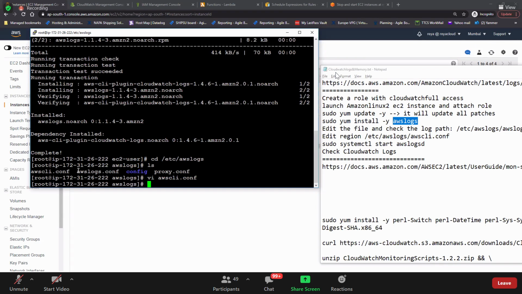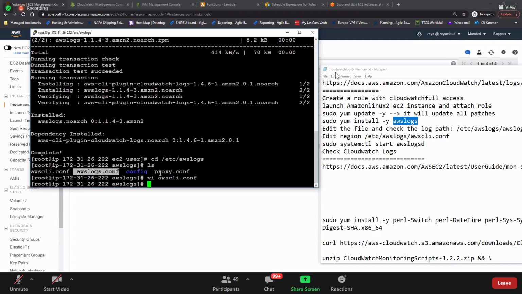So here in this AWS logs.conf file, it will mention which logs you want to send to AWS CloudWatch Logs, which log path, which place. Guys, if you have an application running in Linux, there will be some folder, right? Some var logs, some Tomcat application logs. There will be a configuration path, right? So that path you need to give in this file.